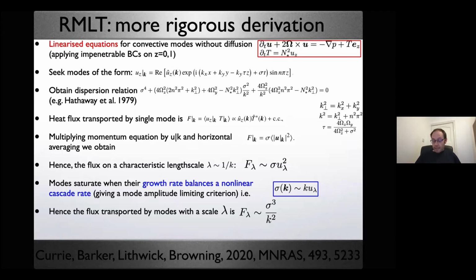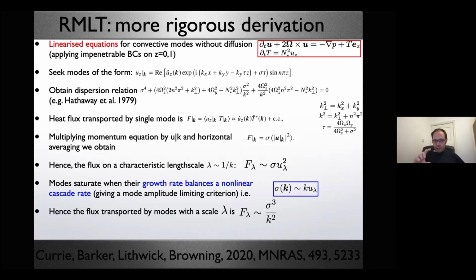We need two aspects of the theory. One is a relation between the heat flux and the convective velocities, and one is a relation between the growth rate and the convective velocities. From that, we can determine a theory that will be equivalent to what I mentioned previously when analyzed in the right way. So if you're looking at tilted convection, and in the absence of rotation, we just have impenetrable